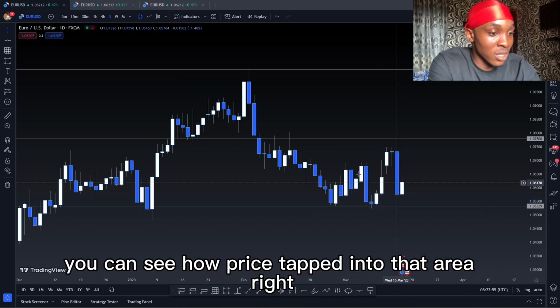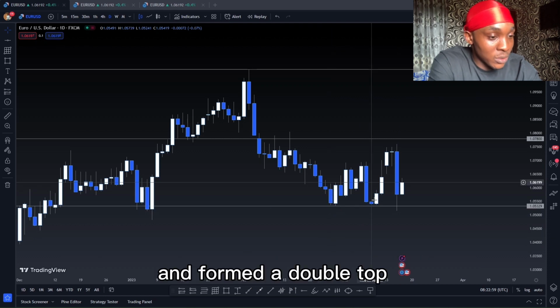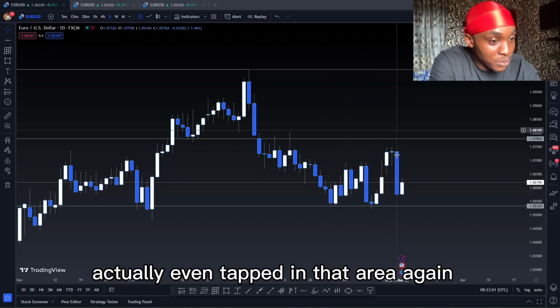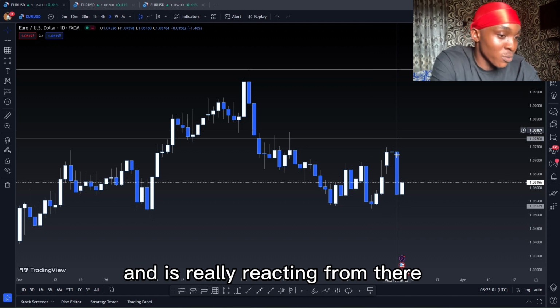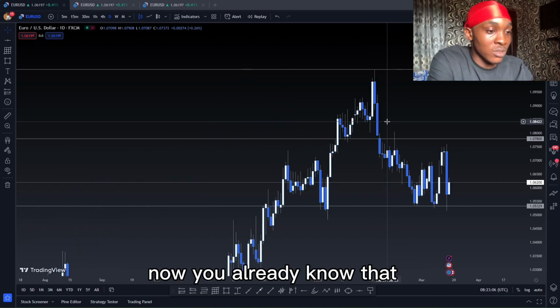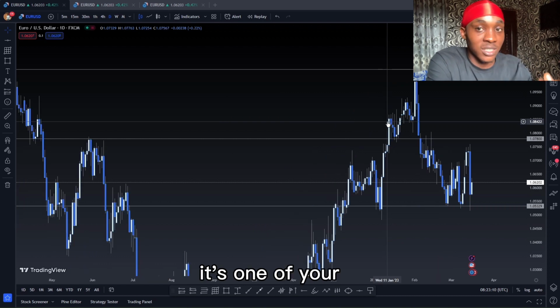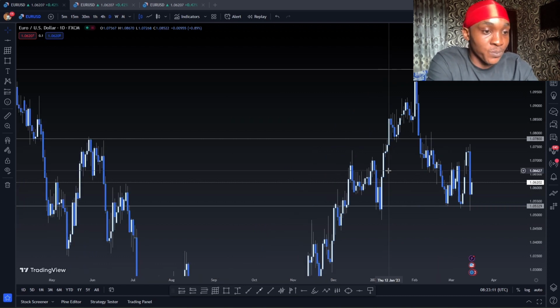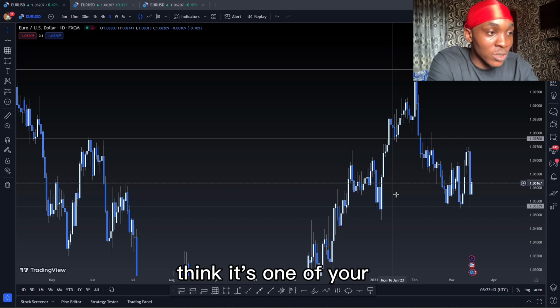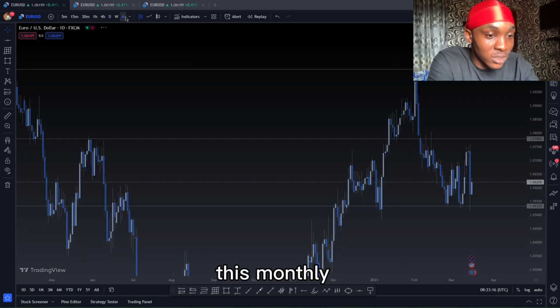You can see how price tapped into that area, right, and formed a double top. It even taps that area again and is already reacting from there. Now you already know why this level is very, very rigid. I think it's one of your monthly